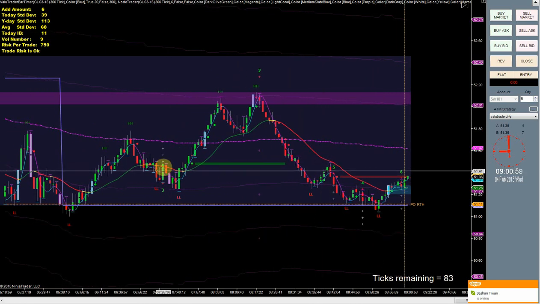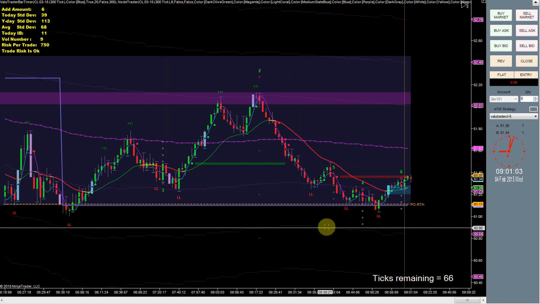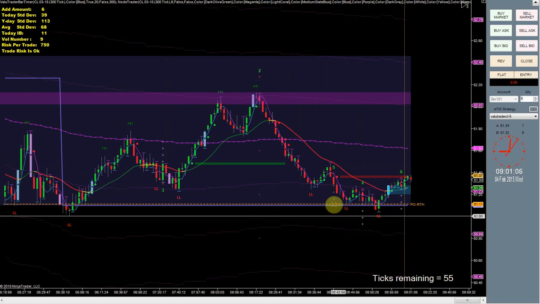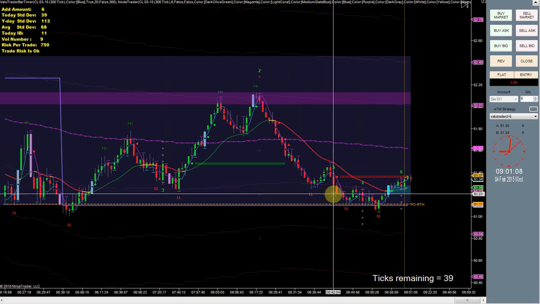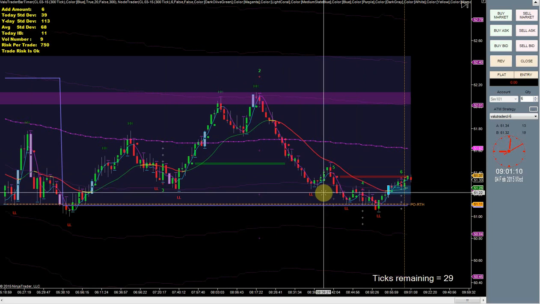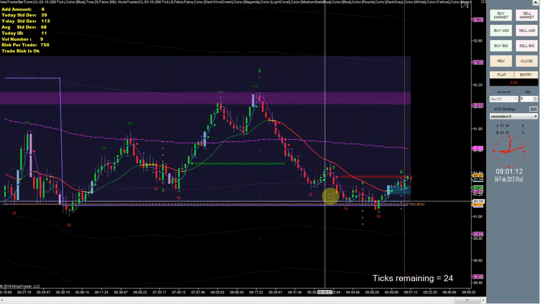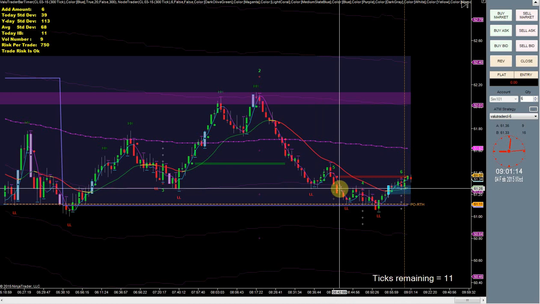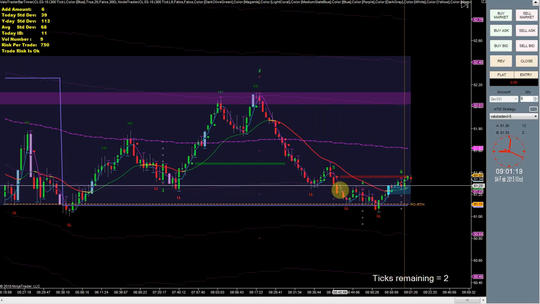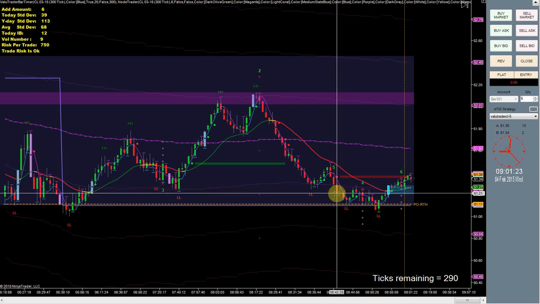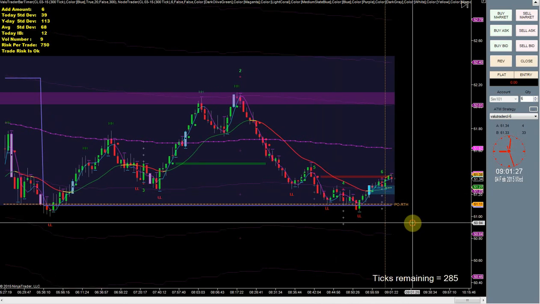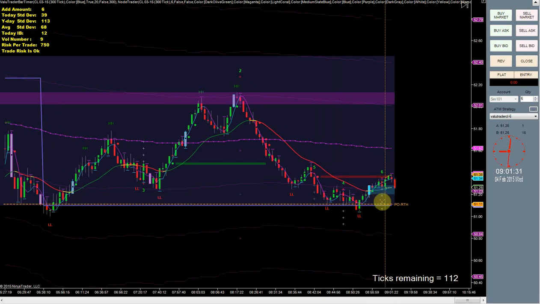And earlier it looks like we had a trade here that didn't get entered. Market didn't come up to it. Had another trade here that didn't get entered. Had a trade here. It looks like that one did get filled. Would have got the first target easily. And it looks like we would have moved our stop down to break even +1. This next bar would have ticked us out. So this would have been good for one profit target. And again, this one right here we just had didn't get filled.